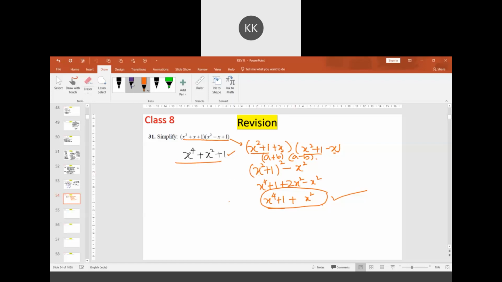No, probably she has taken this as x square plus x plus 1 as one term and x square minus of x minus 1 as another term. Did you take like this? Yes, sir. If you use, you will get the same thing. This will be minus of x minus 1 whole square. So x to the power 4 minus, when you expand this, it is x square minus 1 minus of minus becomes plus 2x. Correct?